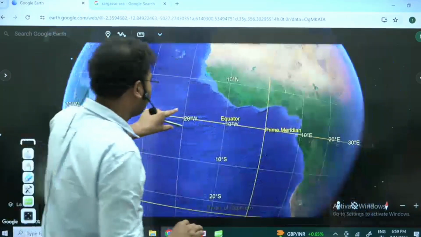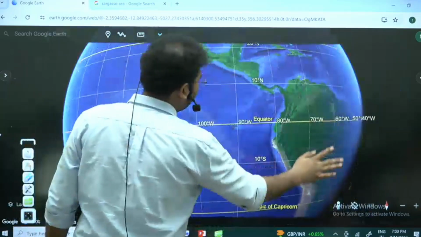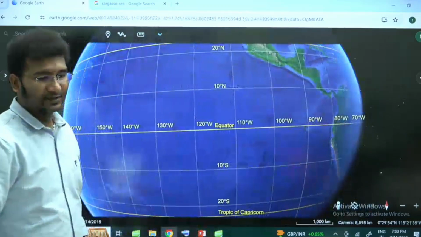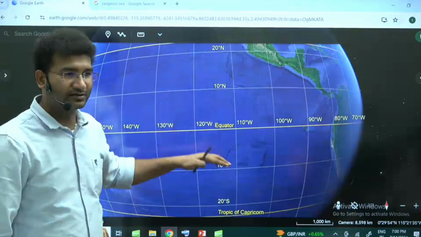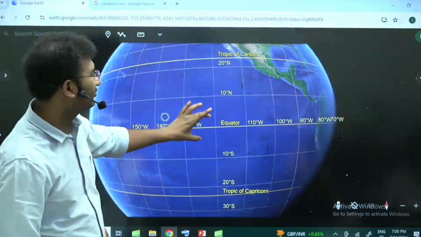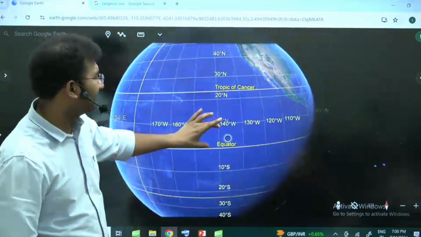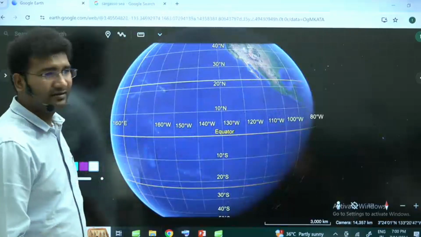Likewise, these counter-equatorial currents are seen in every ocean. In the Pacific Ocean also you have a counter-equatorial current, north equatorial current, south equatorial current. That means across the globe you have some things that are common. Now come to the Pacific Ocean here. Very easy Pacific Ocean. Firstly, absence of landmass is there. Right? Look.